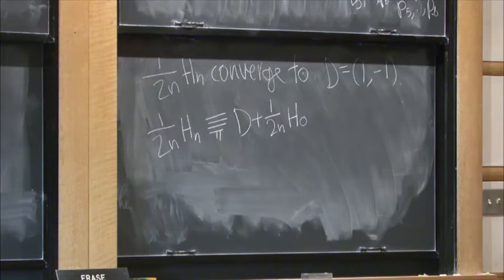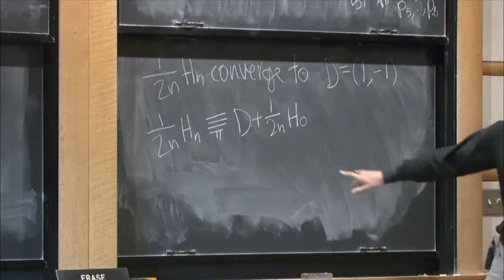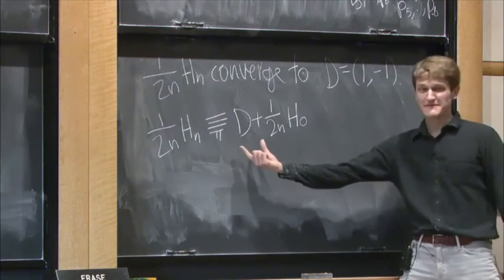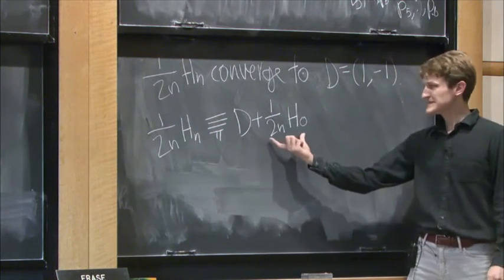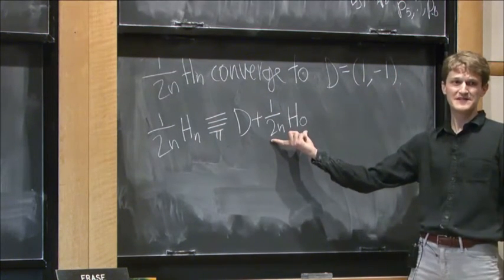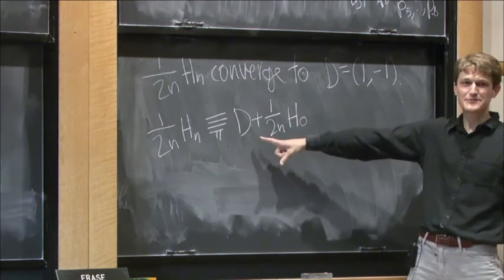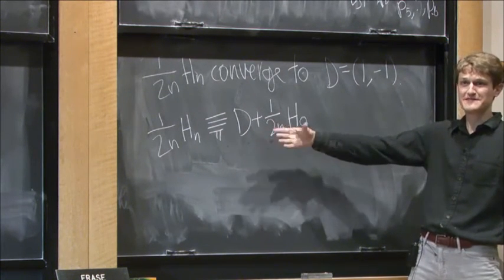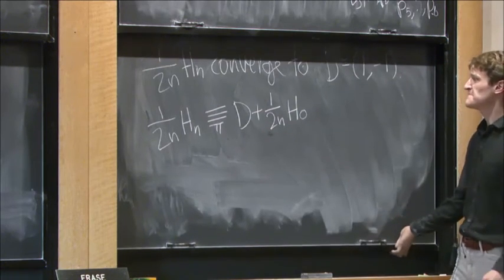Did I get this right? I think so. Now what do we have on the right-hand side here? We have a pseudo-effective divisor plus a sequence of ample divisors going to 0. And this is exactly what we needed to compute the asymptotic multiplicity invariant. This is what you need for the limit.